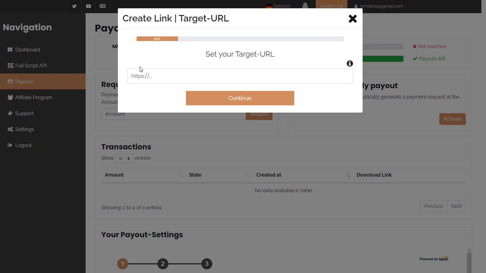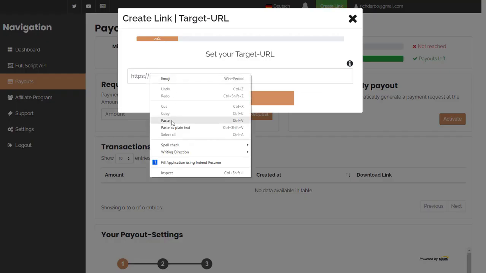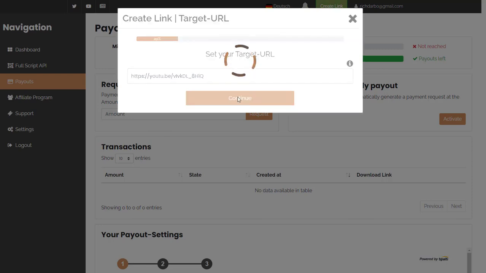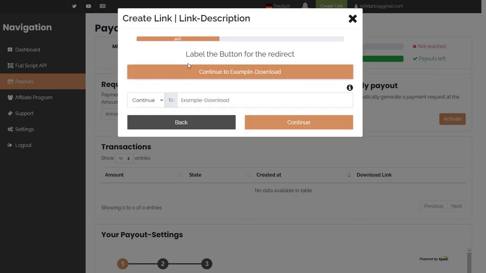Let's go and create a link. So I want to create a link. The first thing I want to do is create a target link for this. So if I go back and I'll just get a link to, let's say, a YouTube video so that I can actually show you how to put a YouTube video in here as well. So let's say I had a very specific YouTube video I wanted to actually link to in here. So I'm going to set this, and I'm actually going to create the link. Now you can actually have a button here that they need to display, so you can go ahead and link to that.